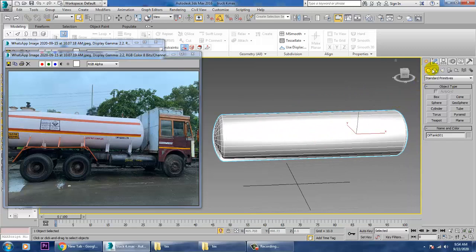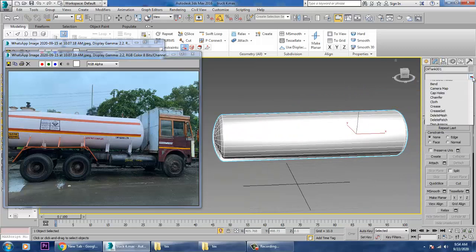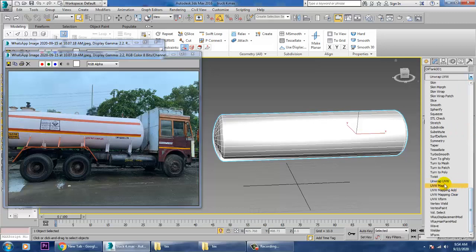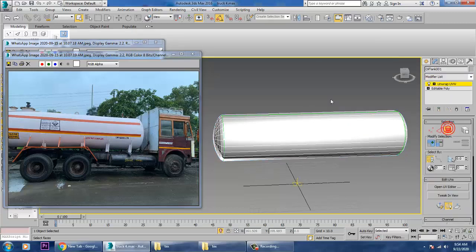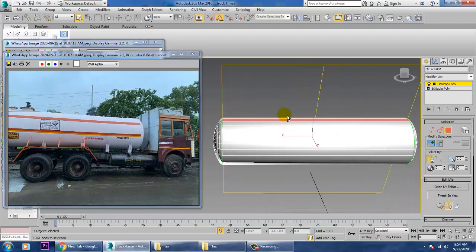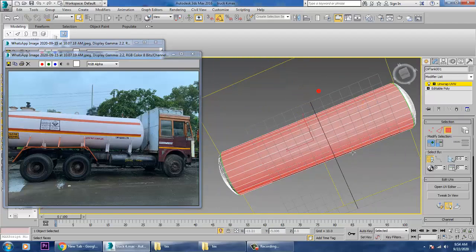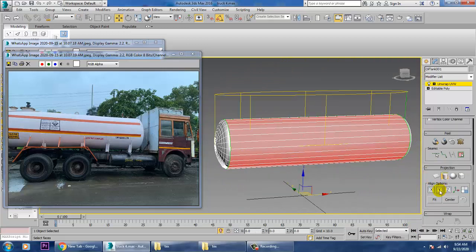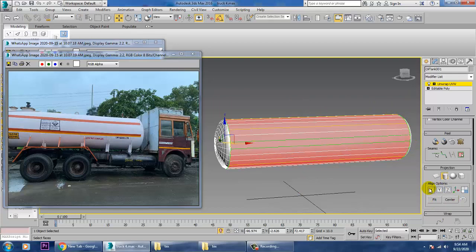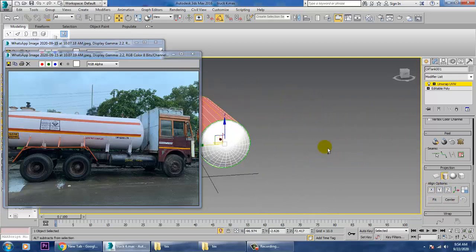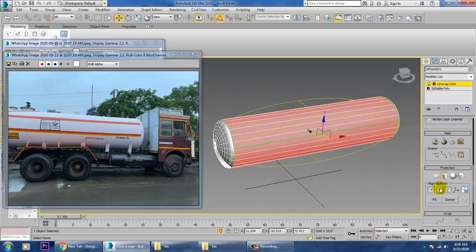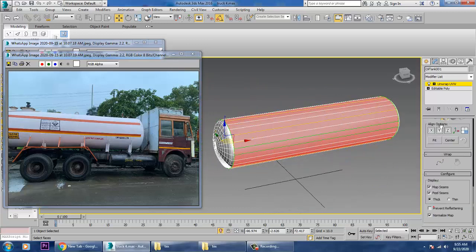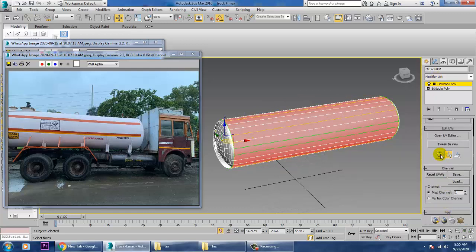So what we'll be doing over here is, let's go into Unwrap UVW. Let's select all its polygons over here. Let's just give a cylindrical map. We can take this cylindrical map X, Y, Z. So let's go into this X, just fit it over here, and let's give a quick planar map, open UV editor